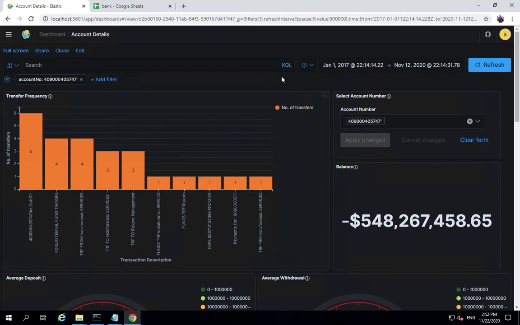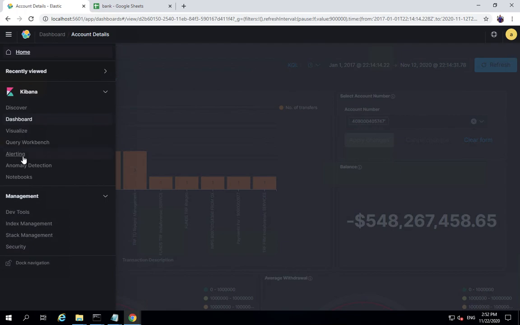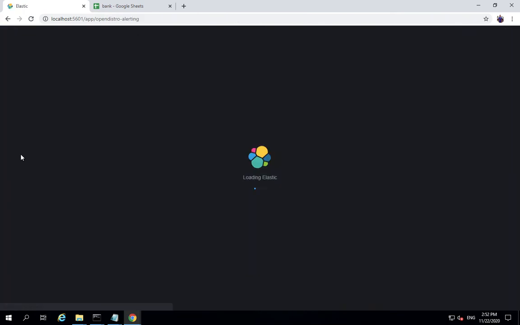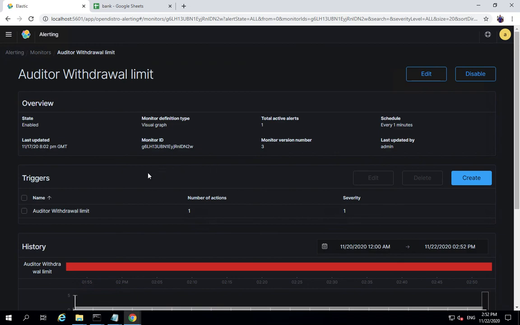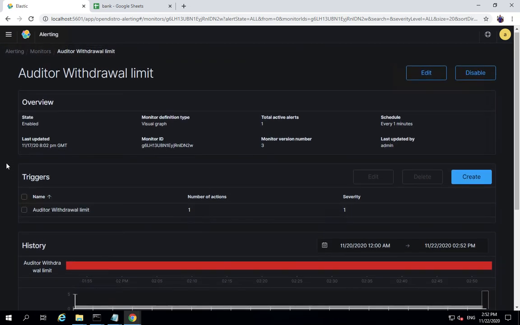Now with these dashboards and with your data set, you can create what we call alerts. If I go into the alerts section, you can see that this admin has created a withdrawal limit alert. The withdrawal limit alert shows you, yes, it's enabled. You have a graph. You can decide what to do when there's a